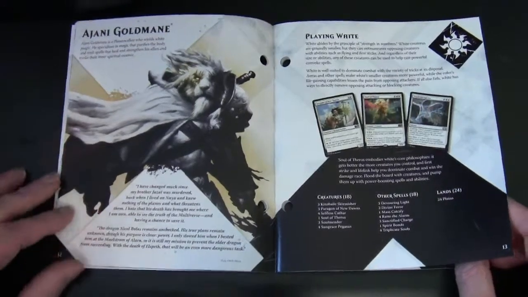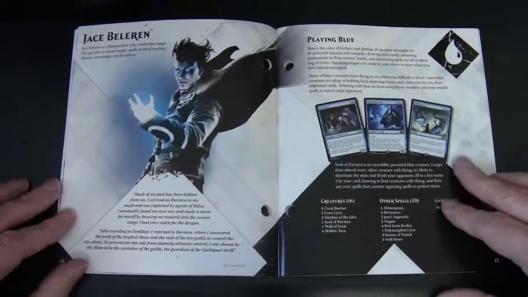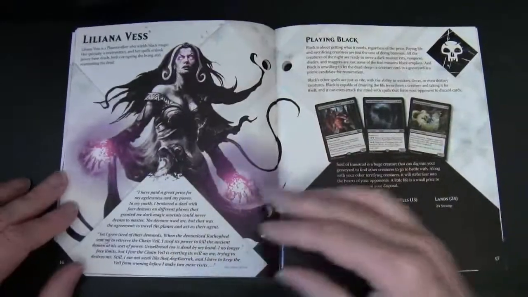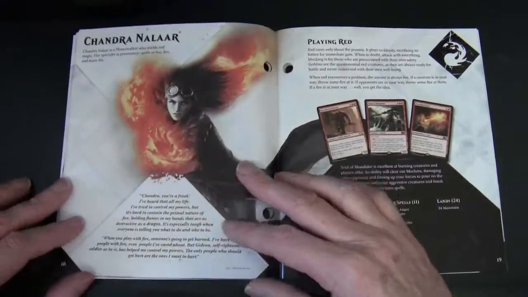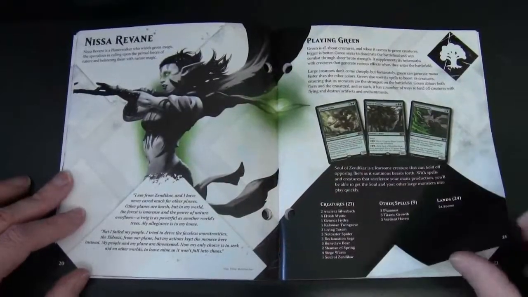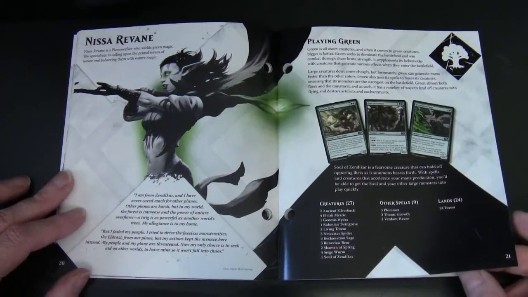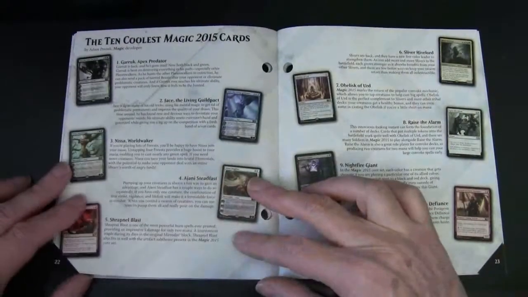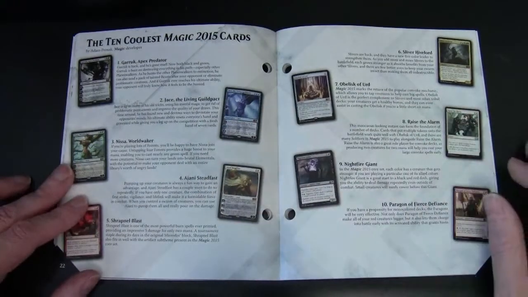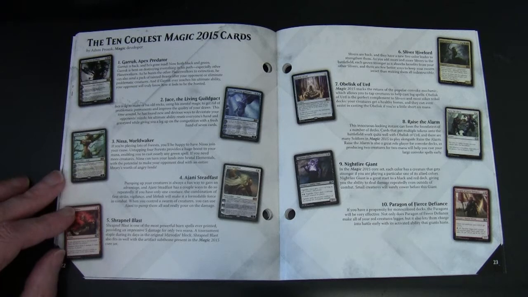encyclopedias, we get focus on major planeswalkers: Ajani, Jace, Liliana, Chandra, Nissa, and of course their relevant colour, and a sample deck. And then, which is a regular feature in these encyclopedias, the 10 coolest cards for this